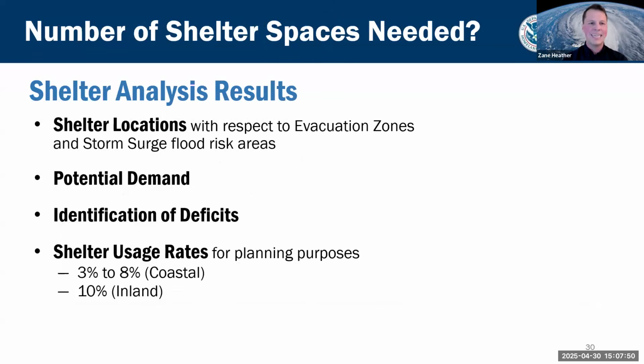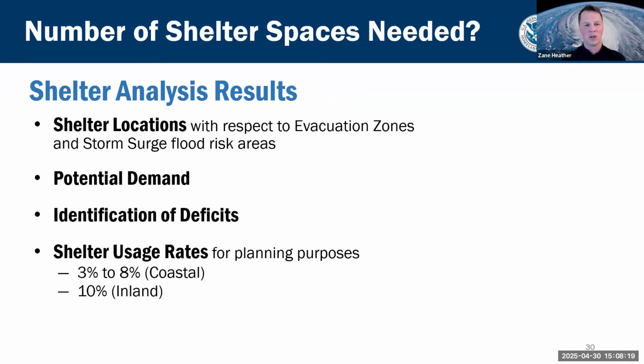Additionally, we develop and analyze potential demand based off the previous analyses and storm scenarios for public shelters. And using that shelter repository, which gives us the shelter numbers as well as shelter capacity and the anticipated demand based off storm scenario, we use that to identify shelter deficits. So based off of what's available and what we can expect, how many beds do we have and how many beds do we need, and where is there a delta between those two numbers?